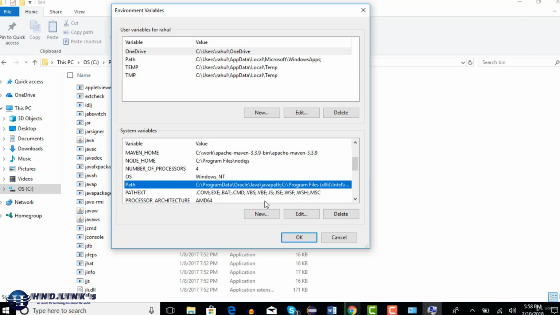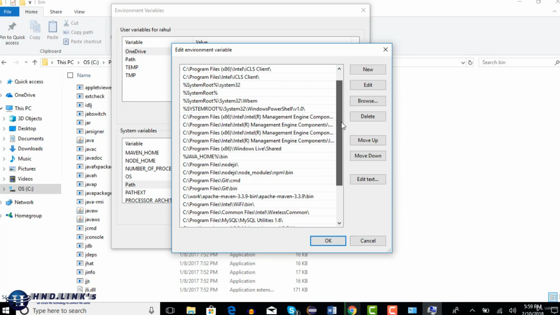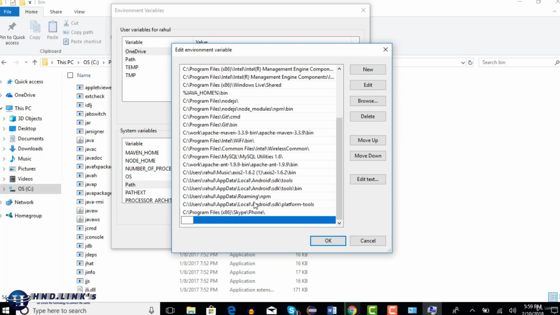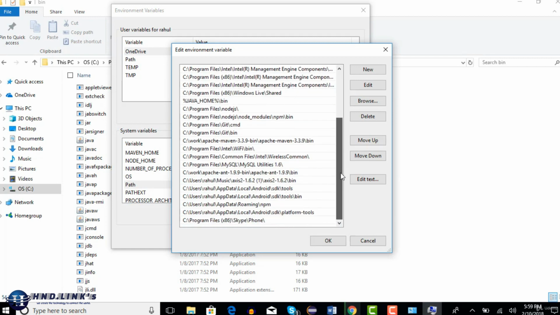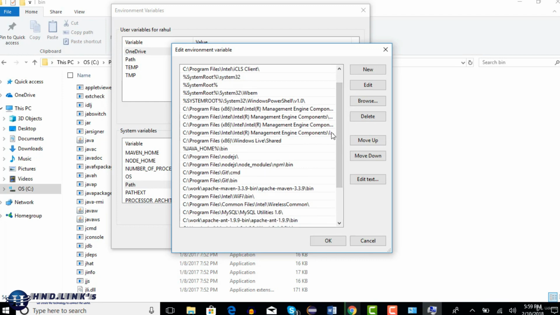Select that and edit the path, because we need to add one more path here, which is the path to the Java bin directory. These are all existing paths in your machine. So select New so that one more row will be added, and here paste the Java path till bin, slash bin, and click on OK. I'm not doing this because I already have it in my machine. I can show you. Java slash bin. This should be somewhere on the top. I'm pretty sure of this.